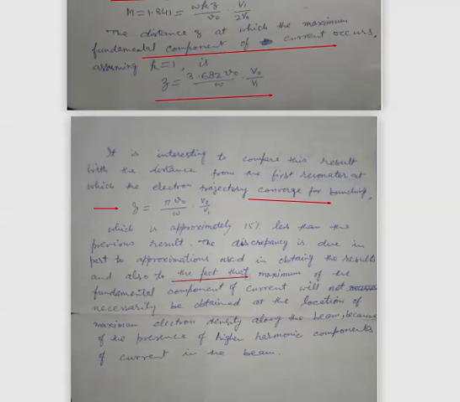Also the other assumptions which we have made are that V1 is very much less than V0, and the mutual repulsion between the electron trajectories is neglected. So both the results are almost the same, and under the assumptions which we have made, the results are in agreement with each other. So at this value of z, we will find the maximum